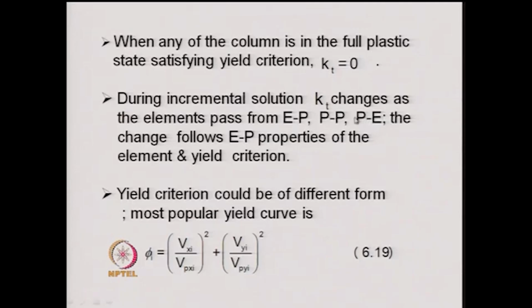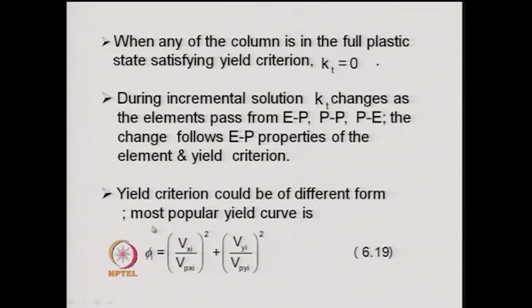From that we decide about the transition point. The change follows EP properties of the element and the yield criteria. So, the elastoplastic properties must be given for all the elements, and the yield criteria is given by many kinds